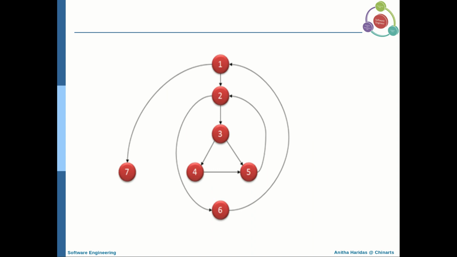Now, in our previous discussion of the control flow graph itself, we have seen the purpose of drawing a control flow graph and a decision to decision path graph. The purpose of drawing these graphs is to identify the independent paths that are available in a program code. Why do you want to derive the independent paths? I can design test cases for each path so that all the statements will be executed and tested.